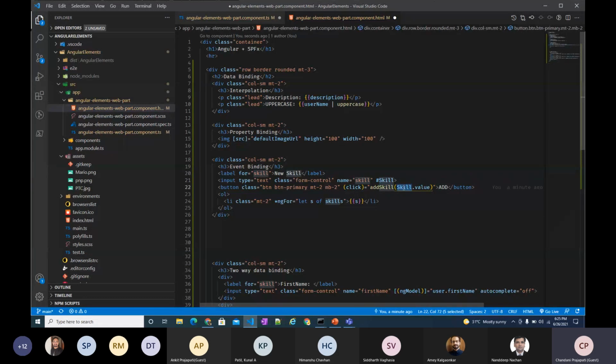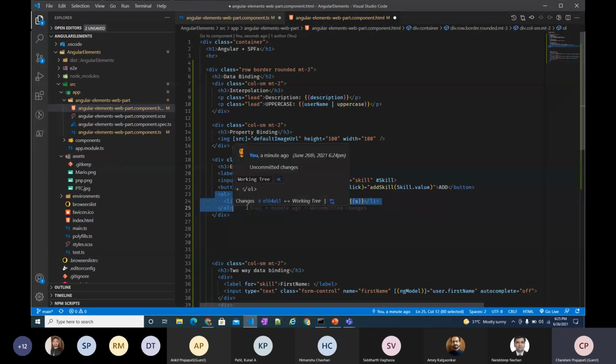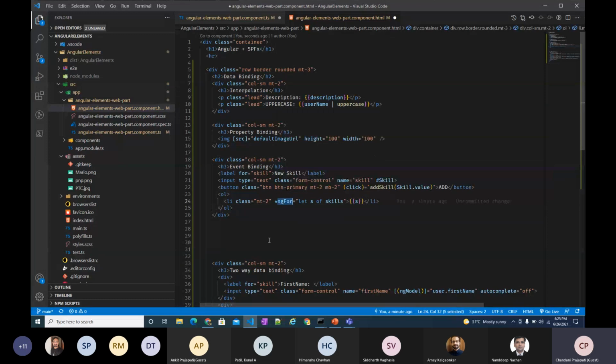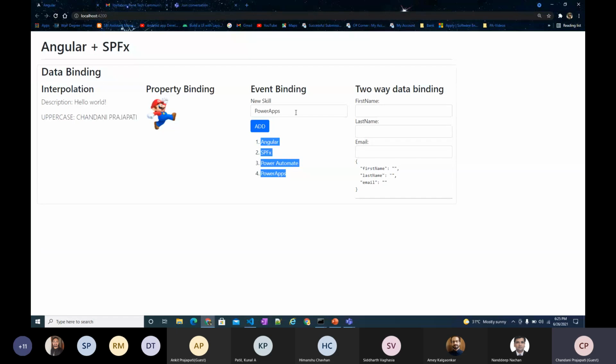If I directly write skill, then since this is a button, it will return an event. So I want to use its value, so I will write skill.value. And what I am doing is just printing it in list format. So I have used ngFor, we will see in the next video how we can use this ngFor. So this is event binding.